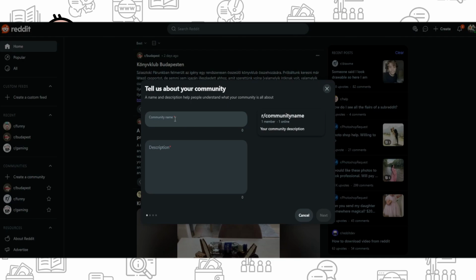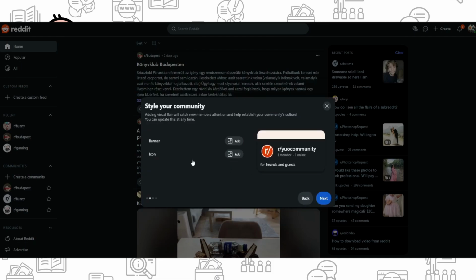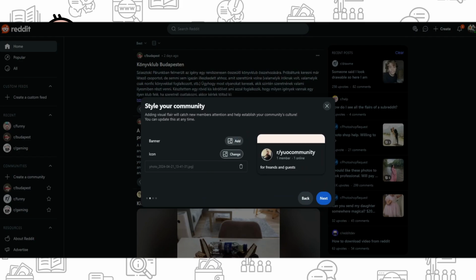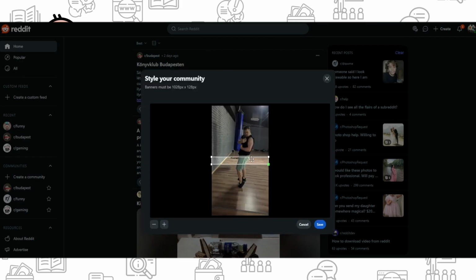Create a community name, for example, I don't know, your community, and write a description about for friends and guests. Now you need to click on next. You can add a banner and icon. So just simply click on add, choose icon, choose your banner,